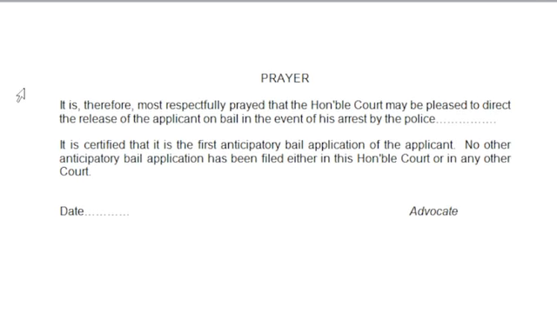After you complete your points, you have to mention the prayer. In the prayer you just pray that the honorable court may direct the release of the applicant on anticipatory bail in case the police officer arrests that accused person. Whenever anticipatory bail is granted and the accused person is going to be arrested, the accused person can show that he has already taken bail from the court, so in that case the police officer has to release him. And you can also pray that it is certified that it is the first anticipatory bail application,